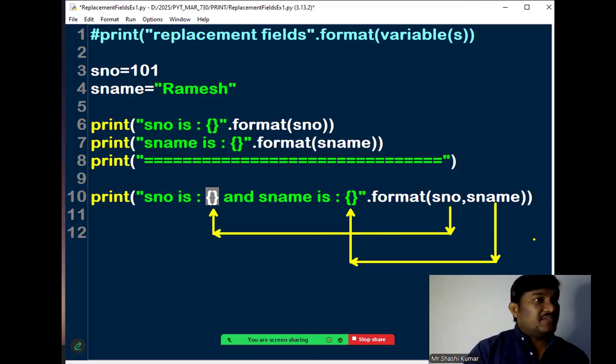But you need to understand one important point. In the automatic field numbering system, the count of the variables should be exactly the same as the number of replacement fields taken in the print function. See here, how many replacement fields have you taken? 2 replacement fields. The count of the variables should be exactly the same